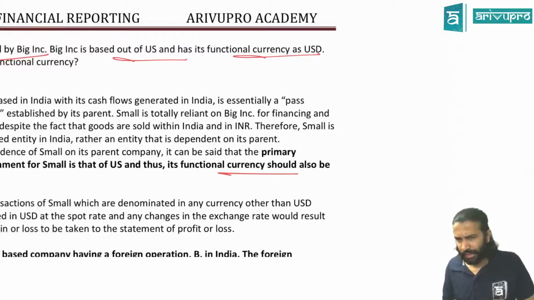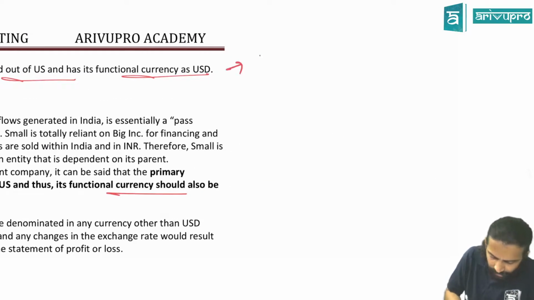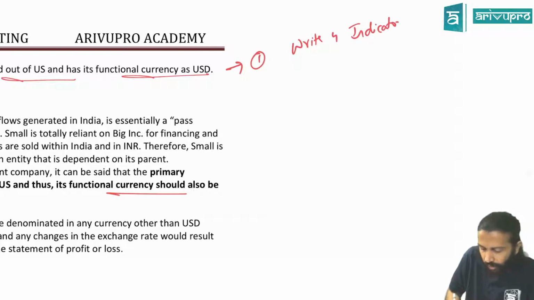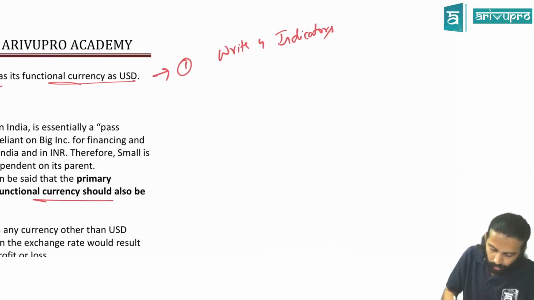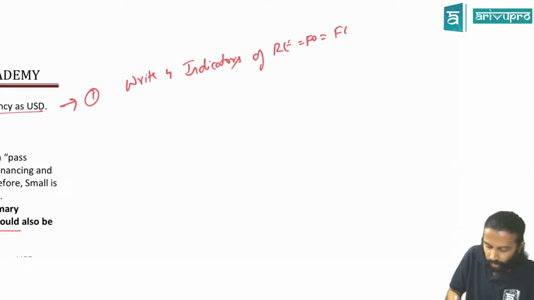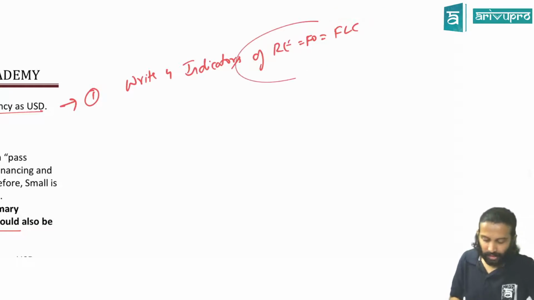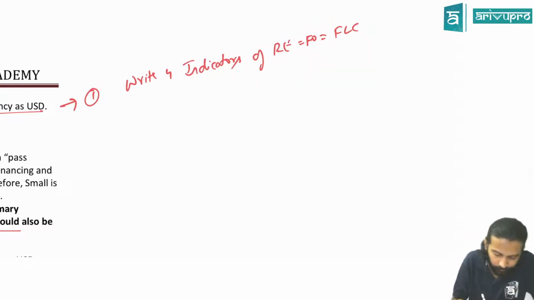You want me to give a sample answer? Okay. First point, I will write the four indicators. Of what? Reporting entity is equal to foreign operation is equal to functional currency. That's what we wrote as the indicators, the four indicators pertaining to that condition. Point number 2 we will write: in the present case,